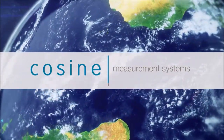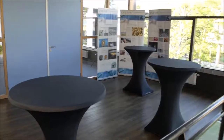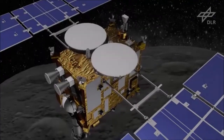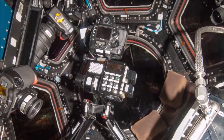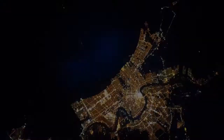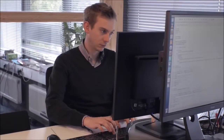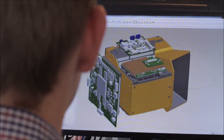We are the first in the world to build a multi-scale system for Earth inspection. Cosine has been building innovative measurement systems for about 20 years for space and non-space applications. We have hardware flying towards asteroids as part of the Hayabusa 2 mission, and we have built hardware for the International Space Station to take high-resolution pictures at night of the Earth, and this helped scientists to better understand the light pollution issue. In 2014, we kick-started our internal multi-scale program to help inspect the Earth as frequently as